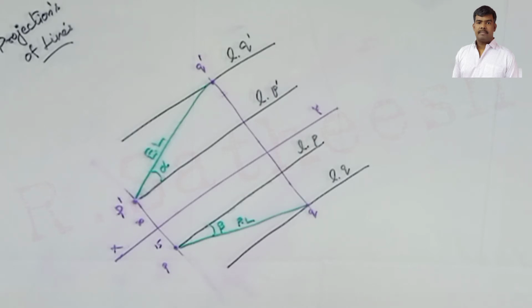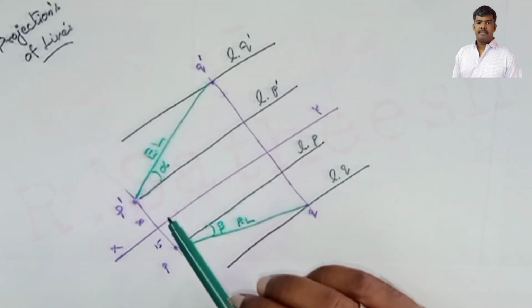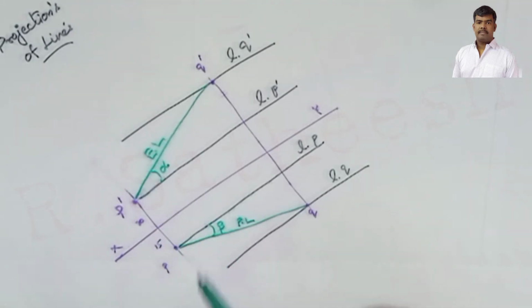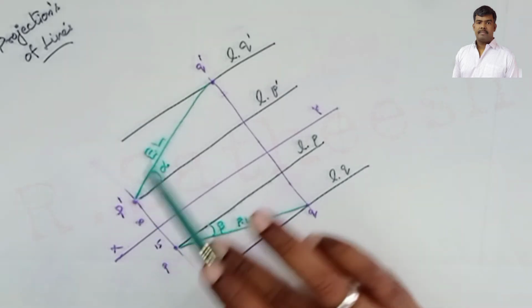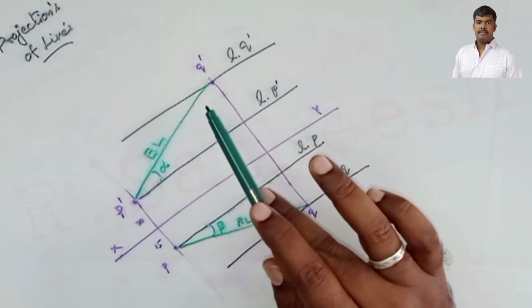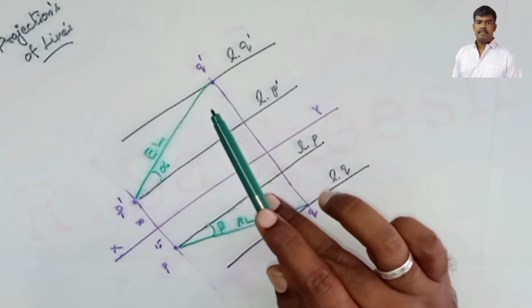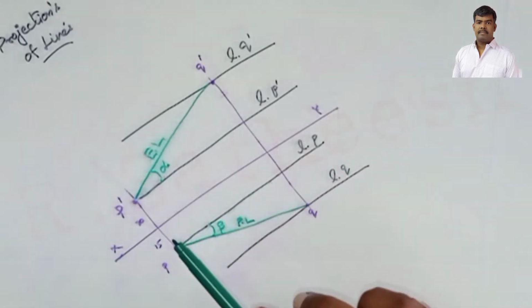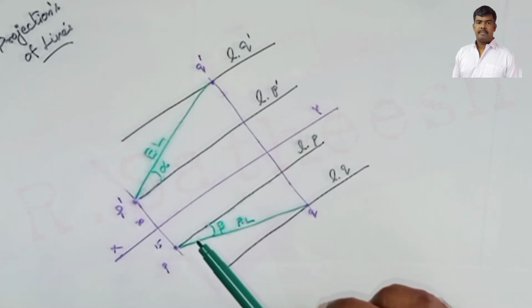Good. So in this problem, what we need is to find the shortest distance between P and Q. The shortest distance between 2 points is nothing but a straight line. So they are asking in this problem, what is the true length? True length PQ, capital P, capital Q, how much is the distance they are asking. But now this P dash Q dash, in small letters, is nothing but an image or projection of the given original capital PQ line. In this problem, how much is the PQ distance?